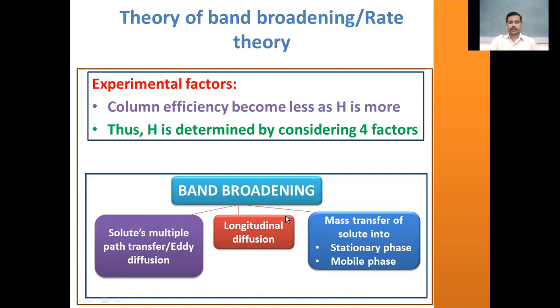These are the four factors considered by one special theory to explain the band broadening process. So, why does band broadening arise? Because of these four factors. Solute movement in the chromatographic column is responsible for the band broadening process. The solute moves through the column by passing the interface between the stationary phase and mobile phase, and the solute will be equilibrated between the stationary phase and mobile phase. While this occurs, how will the solute behavior be anticipated? These are all the things we have to consider while explaining the band broadening process.